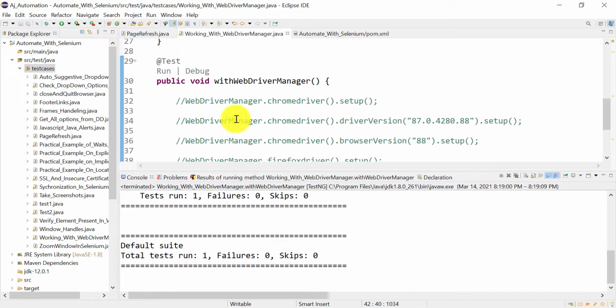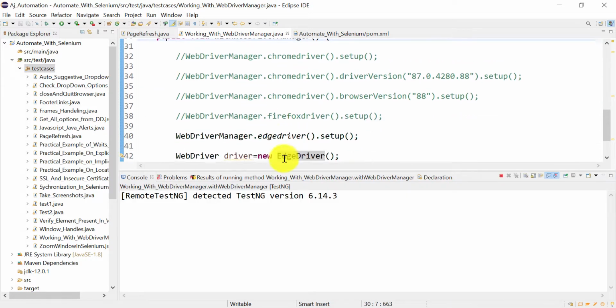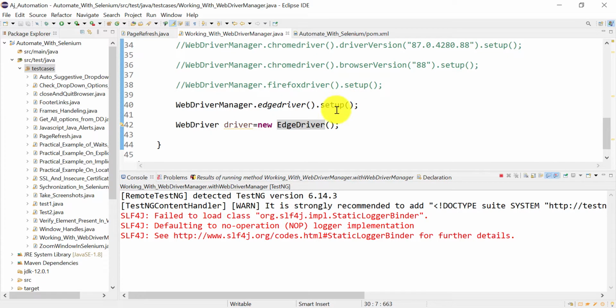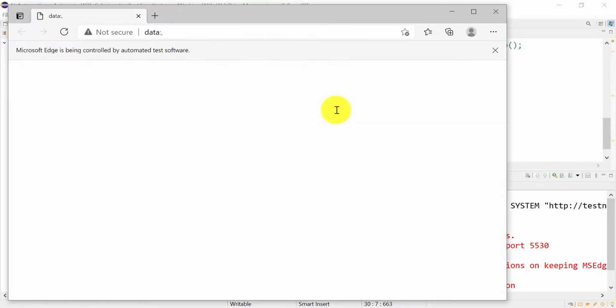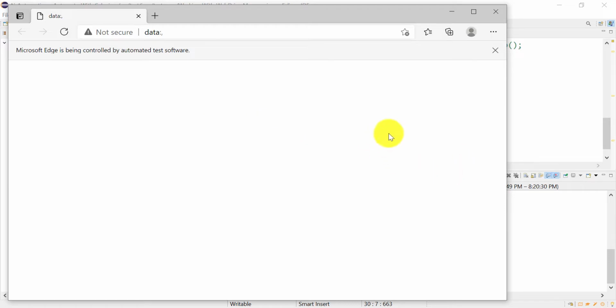Okay, so let's run it quickly. Okay, so it has opened the Edge browser.